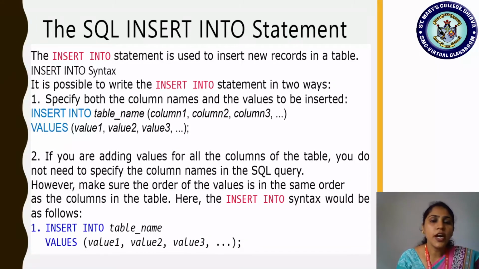Okay, so just check out the syntax here. This is one type of syntax. Insert into, it is a keyword. Insert into followed by the table name. We should specify for which table we are inserting the data. For example, just now we have created persons. So insert into persons, that will be the table name. Insert into persons, open parenthesis. What were the attributes we had? Person ID, last name, first name, address and city, right?